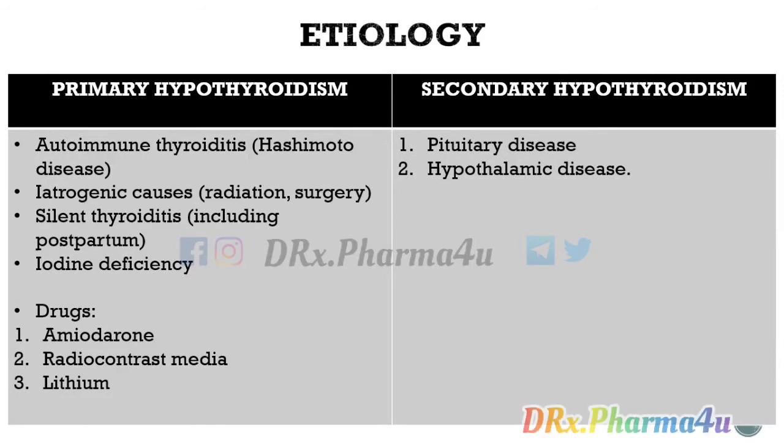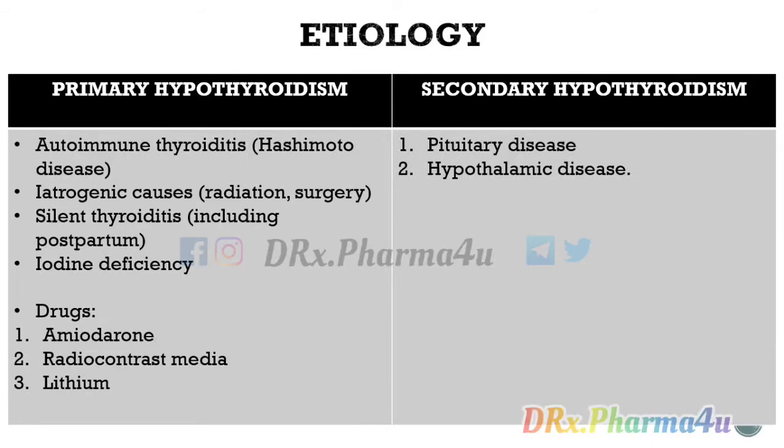Amiodarone is an antiarrhythmic and it has a very special characteristic. Amiodarone can cause both hypothyroidism and hyperthyroidism. Now, this is very, very interesting. Amiodarone causes both hypothyroidism and hyperthyroidism. Now, the question comes, how does it happen? If you are living in an area where there is normal thyroid condition, for example, an environmental area where the thyroid level is normal, there amiodarone will reduce the level of thyroid hormones, which can cause hypothyroidism. But if you are living in an area where thyroid hormones or iodine deficiency is seen,